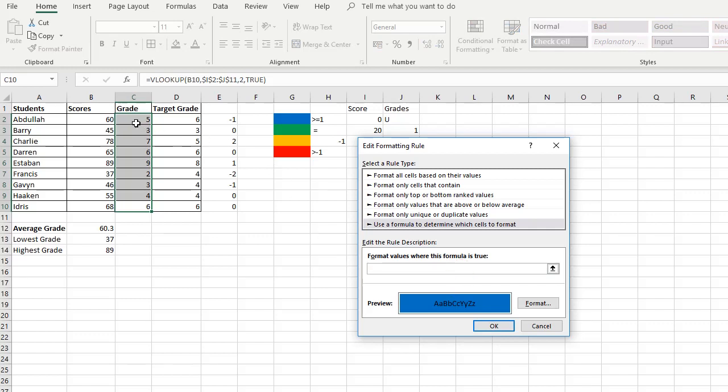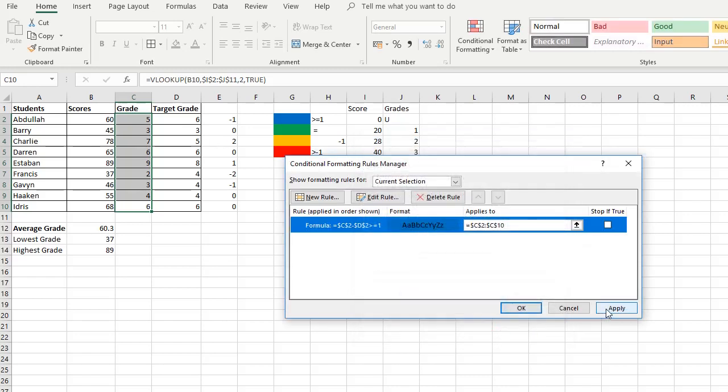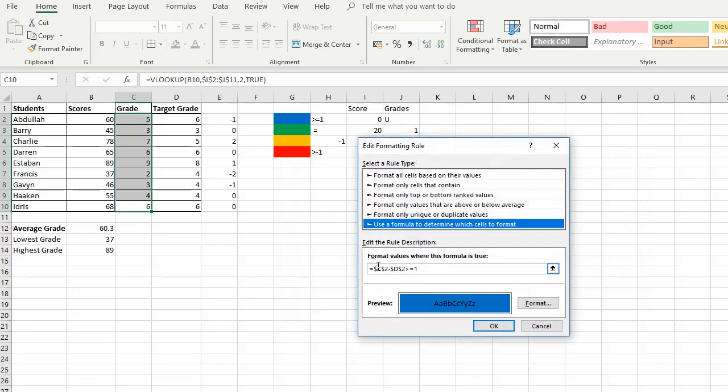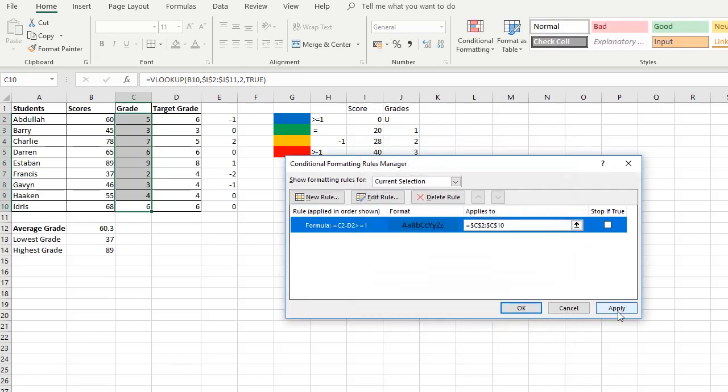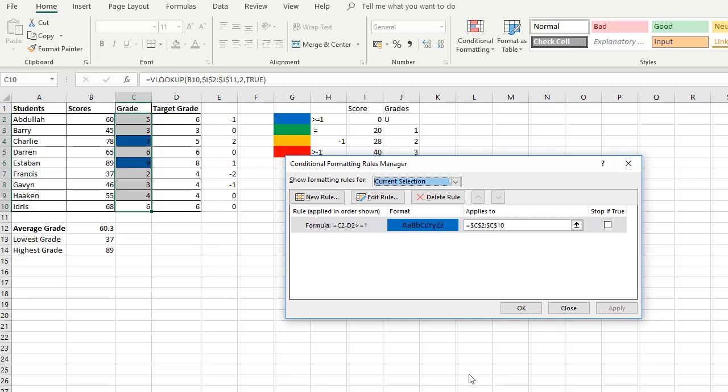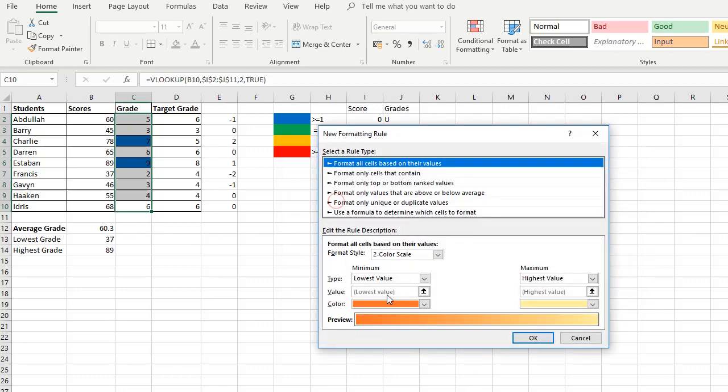So we'll say this cell minus this cell is more than or equal to 1. If we click on OK and apply, that didn't work, but if we go back and then remove the conditional formatting, for some reason now that works. I don't know why. Anyway, so we create a new rule,